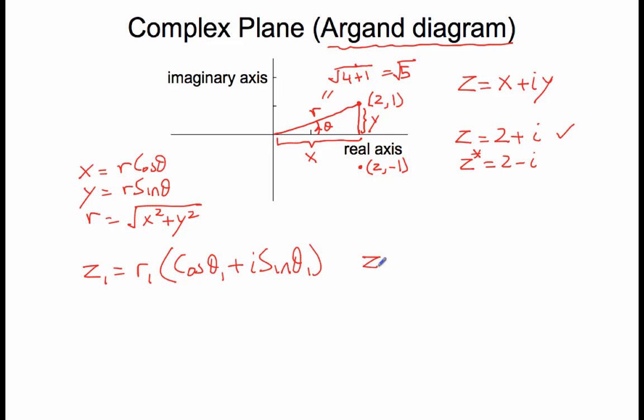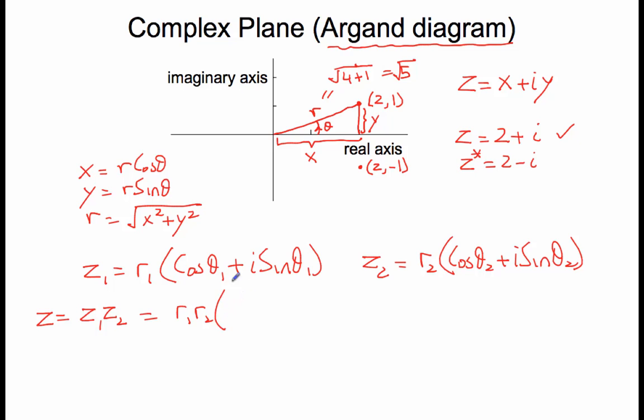And you had a second number, z2, which was r2 cosine theta 2 plus I sine theta 2. And now let's multiply these together. Then z1 z2, which you can call a new complex number, would be simply r1 r2, and then you multiply cosine theta 1 with cosine theta 2, which is cosine theta 1 cosine theta 2. Then this I sine theta 1